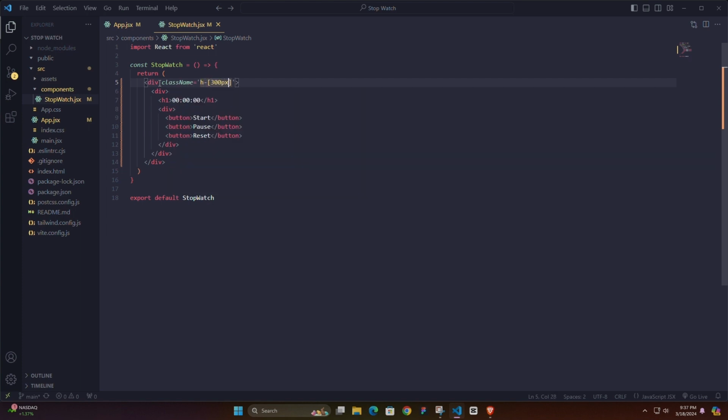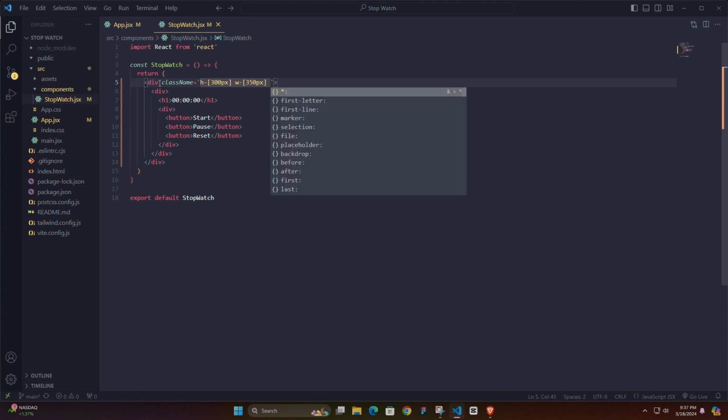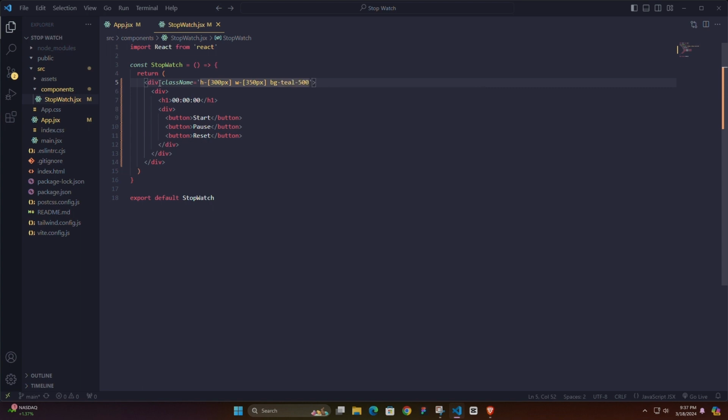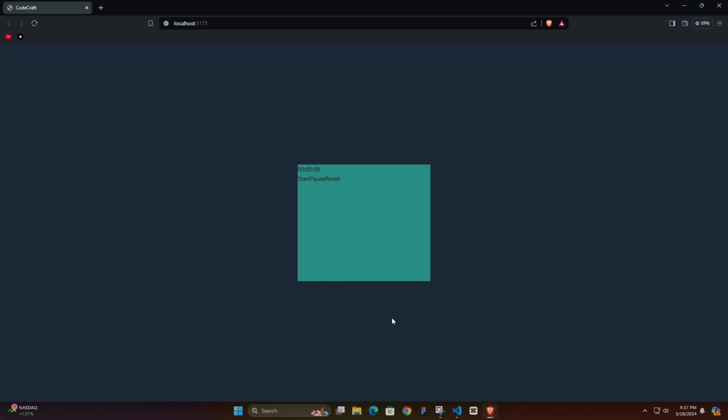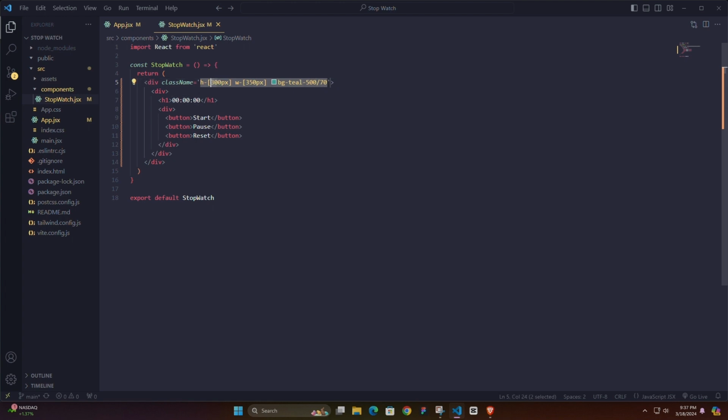In the first parent div, we're gonna use class name h-300 pixels and width 350 pixels. Okay, that's enough for our timer. As you can see, we're also gonna use bg-teal-500/70, and if you divide any color by 70, it gives a good shade of color. Okay, I love it. So we should decrease the height to 250 and